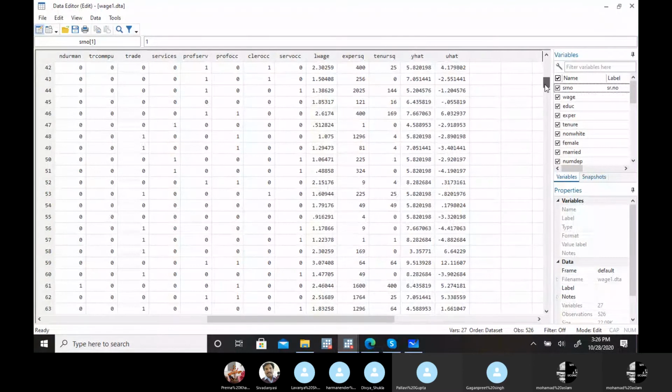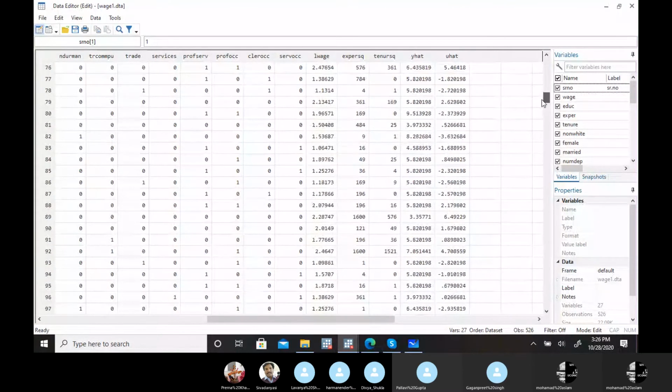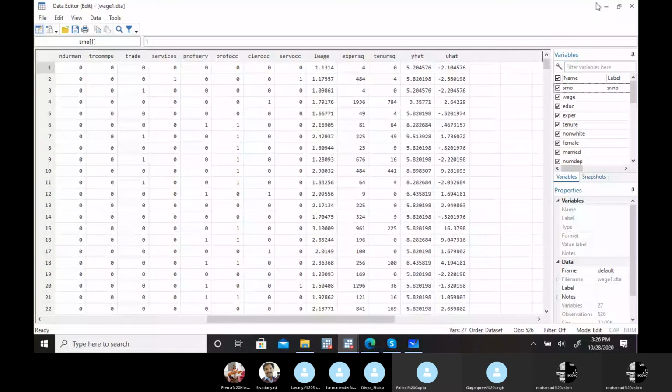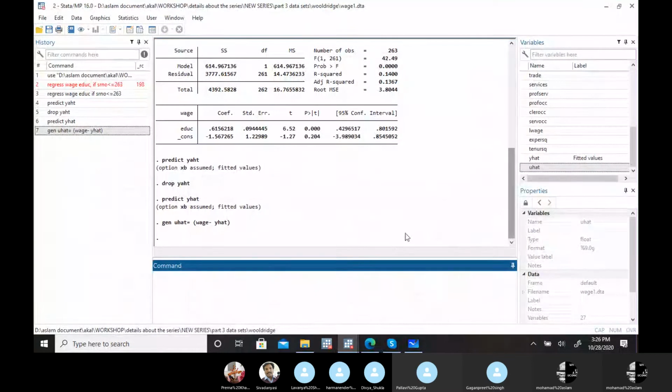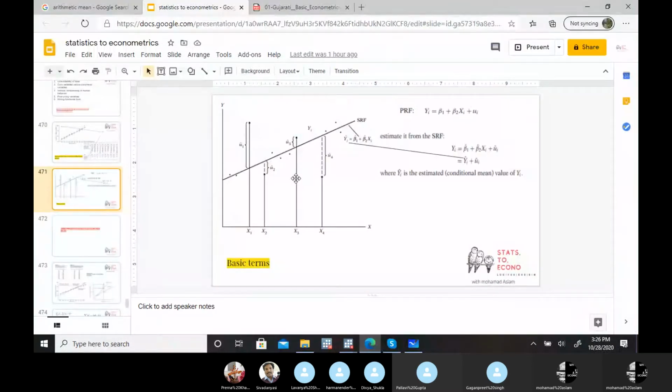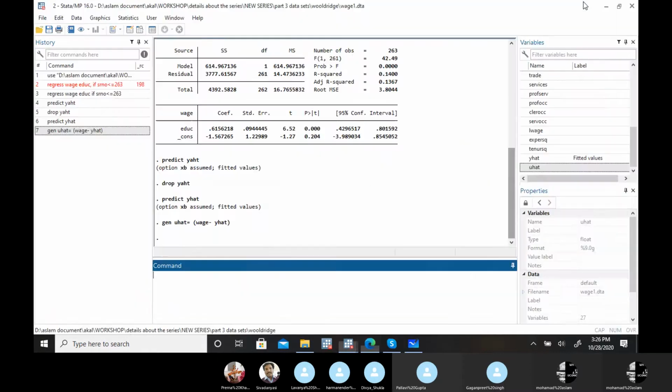You can see here, few values are positive, few are negative. If you take the summation, what we want is the minimum u hat possible, meaning we need a regression line in such a manner that it will minimize this gap. Y minus y hat, this gap needs to be minimum. The minimum possible value, as I am explaining, is 0. There is no other possible value. So let's see, is it 0 here or not?